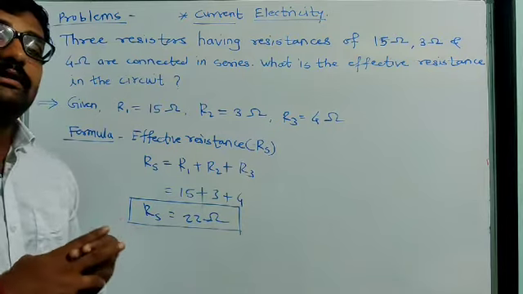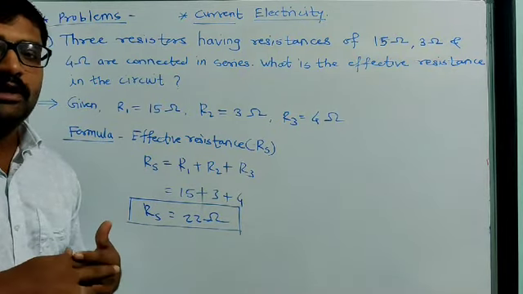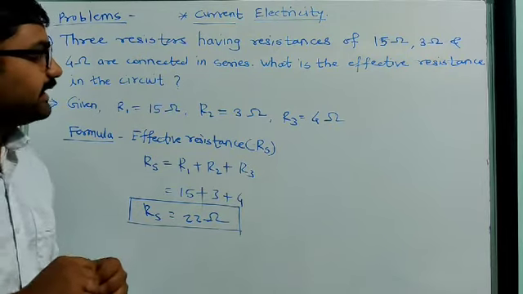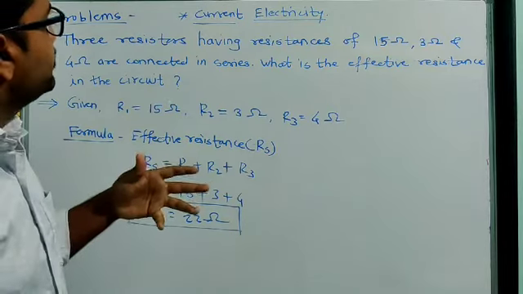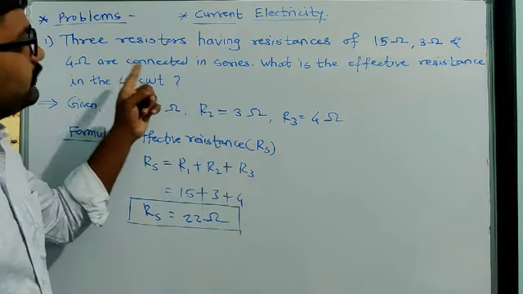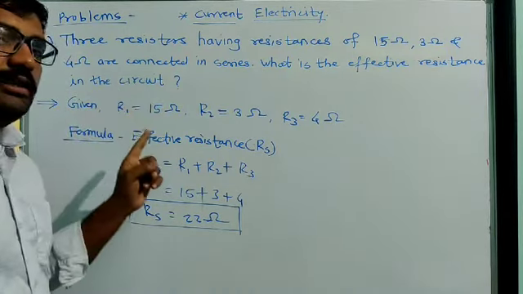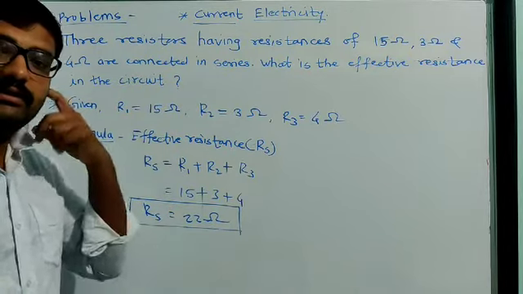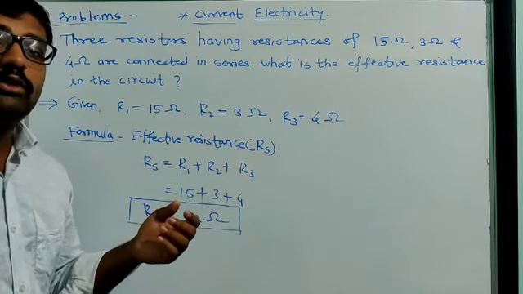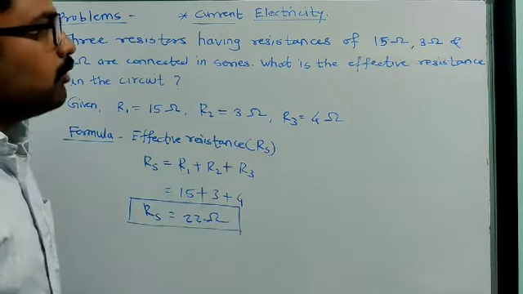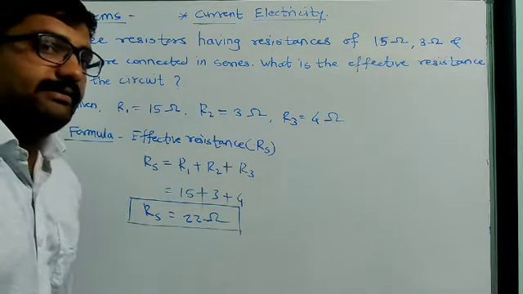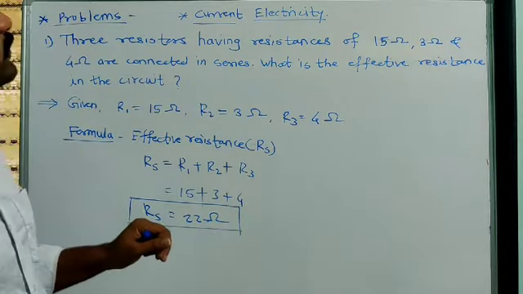So these resistors we can connect in two ways. If we use two or more resistances in one electric circuit, at that time we can connect those resistors first this way, that is the series connection, and second, that is the parallel connection. So both ways we can connect the resistances according to our use. According to how much electric current we want, we connect these electrical resistors. So here we have to see some problems.